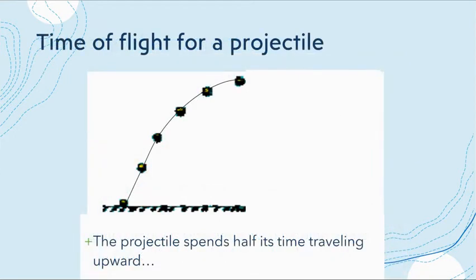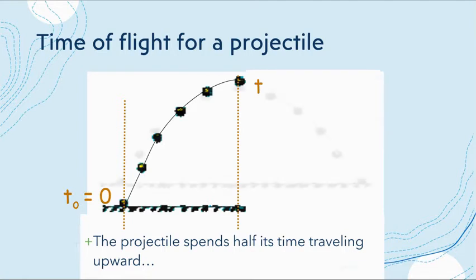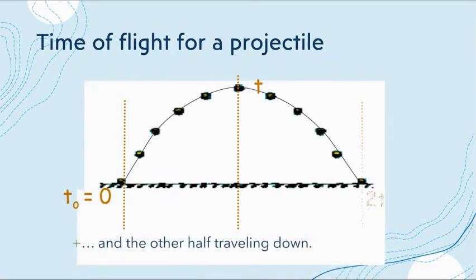Now, the time of flight for a projectile. Your projectile spends half of its time going up and half of its time coming down. So you basically could split that into two different times, but we're going to look at projectiles and times in two different ways. You can find half of the time going up and then the other half of the time going down, or